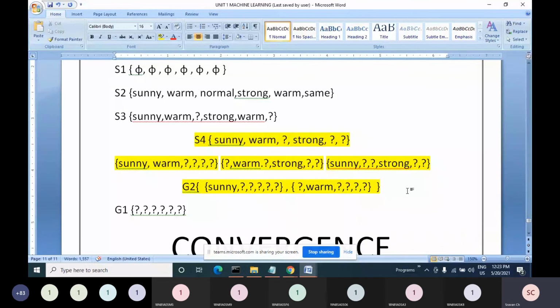Which one will give me the correct result? How do I know that I should use the first one or the last one or the second one or the third one? How do I deal with 6 different hypotheses? This is an important question. So friends, what does convergence mean?